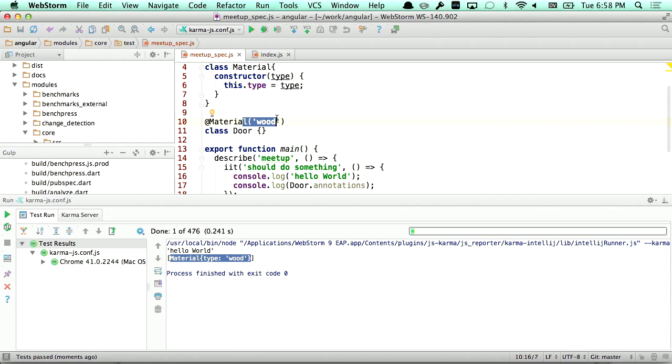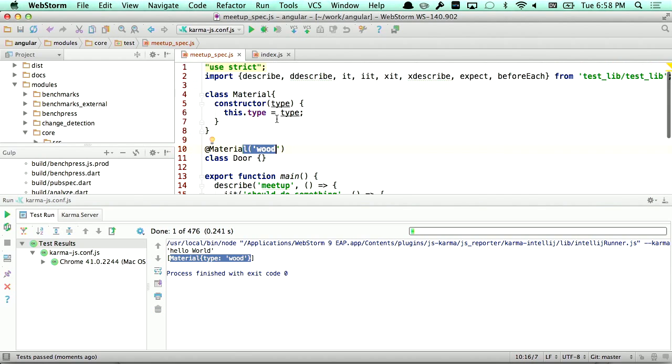So let's unroll this a little bit, because there's a lot of new syntax that you see over here, and you might not be familiar with it. One of the things that ES6 does is it allows us to declare classes. How many people are excited about the fact that classes are now first-class citizens? Yes? At least some of you? Come on, show me some excitement. All right, but you say, well, what if I don't want to use this? What if I want the good old way of declaring my classes in the old days?